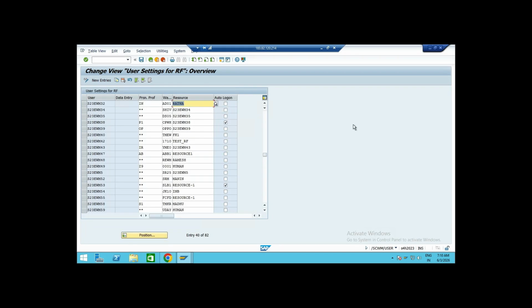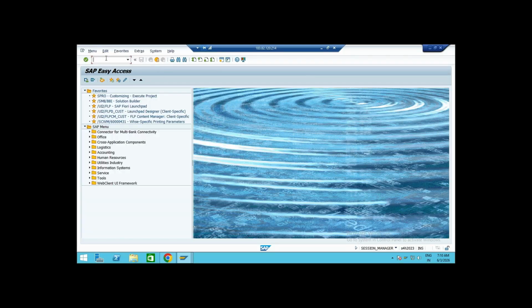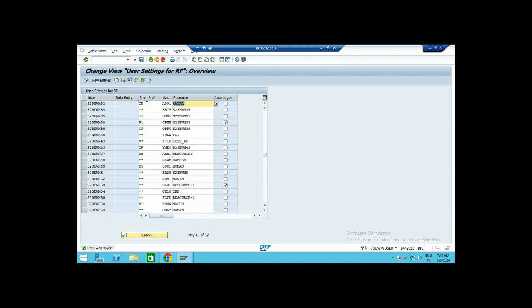Now let me save, and you can see, if I go to the screen again, put a slash in and just come out, and now I am trying to log in, it will bring the new details. You understand, right? And when I press enter, see, the outbound process is not showing. How did it happen? Because of this IN. And if I make it as OU and save it,